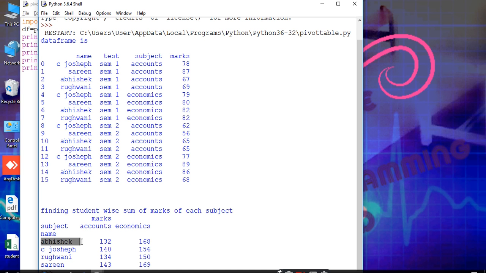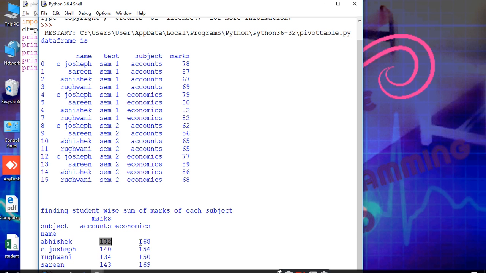Now for Abhishek, the total of the account subject: see this, Abhishek semester 1, accounts marks 67 plus, and again Abhishek for economics, that is 82. So this is added here. Again Abhishek for accounts semester 2, that is 65, meaning 65 plus 67.